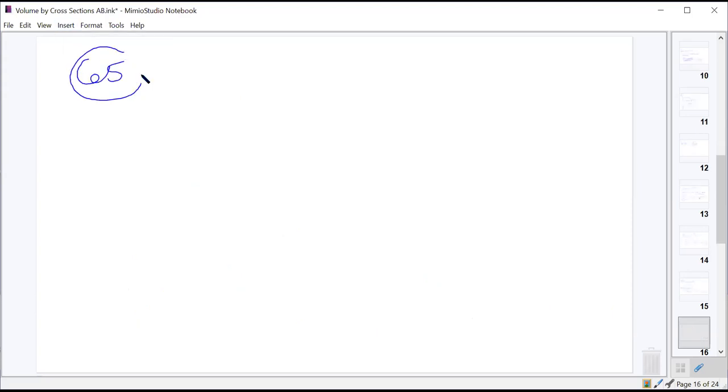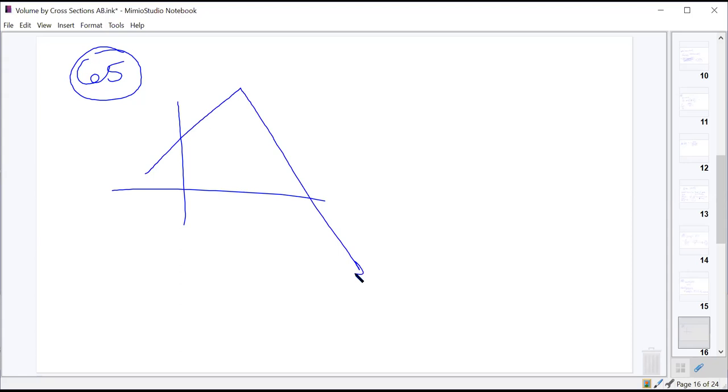65, they give us a graph. The graph looks something like this. I guess there's no arrow on that. And it marks the point here as A. And it just says that this whole thing is G prime. And then they ask us which of the things about G are true. So they've given us a graph of G prime, and then they're asking us about G. And so